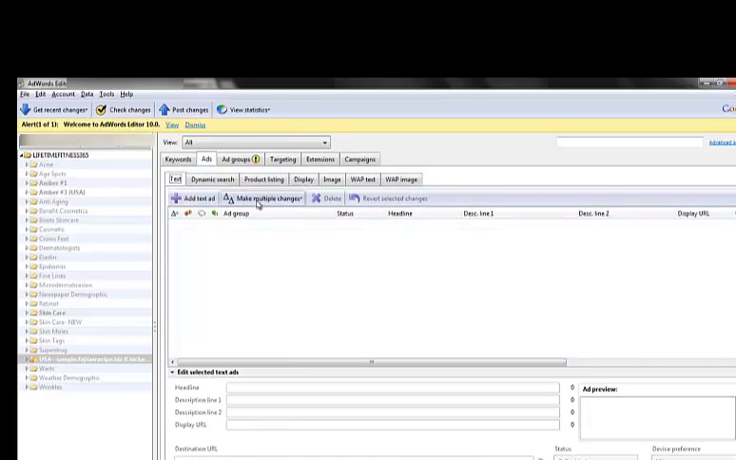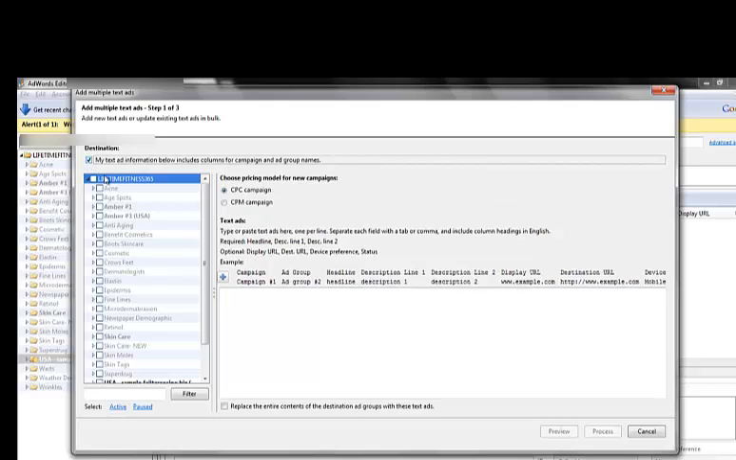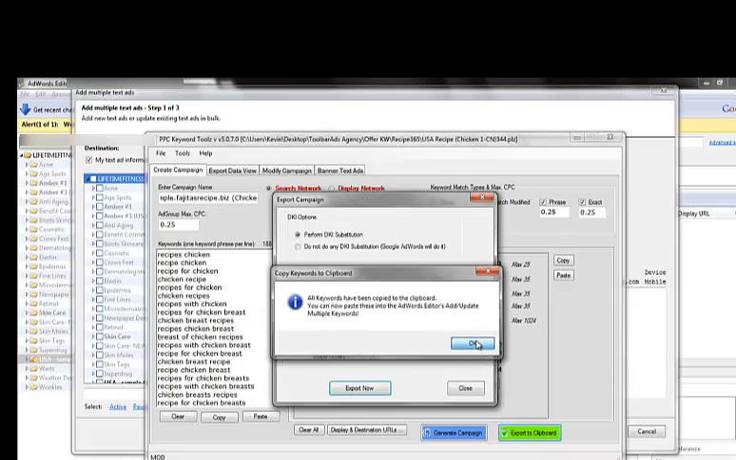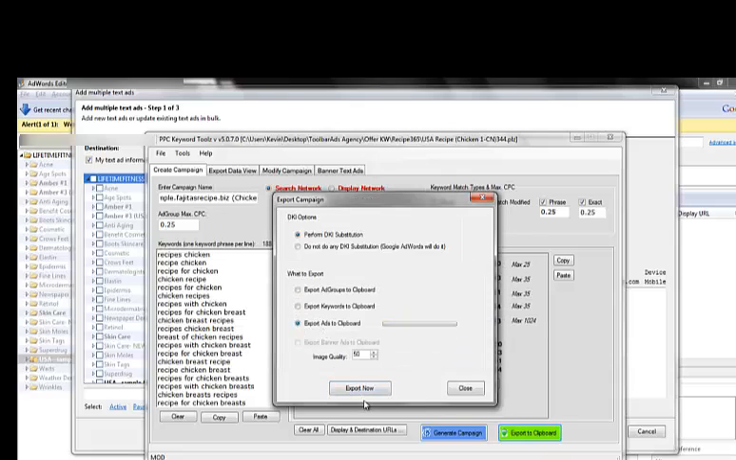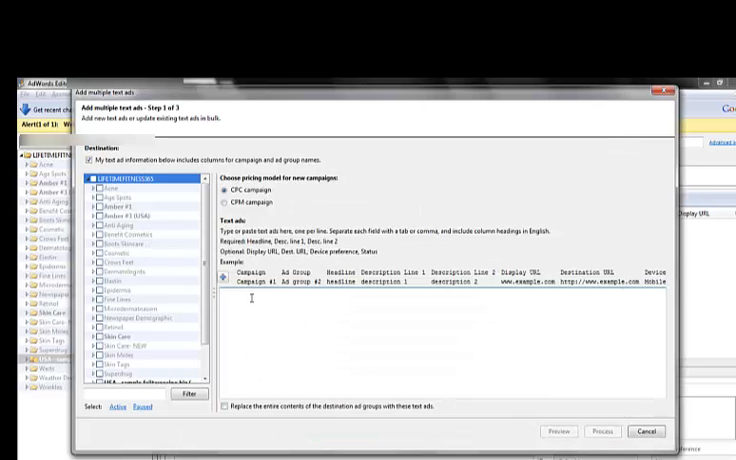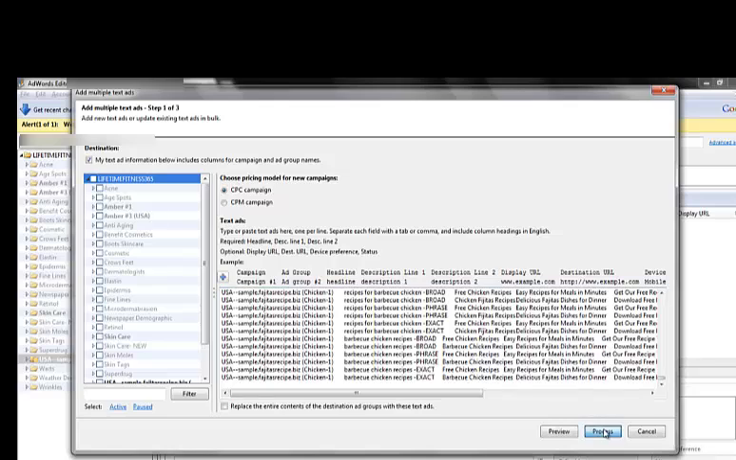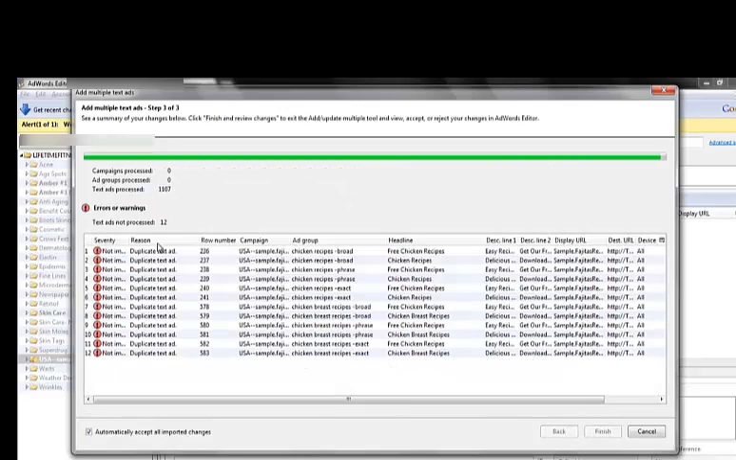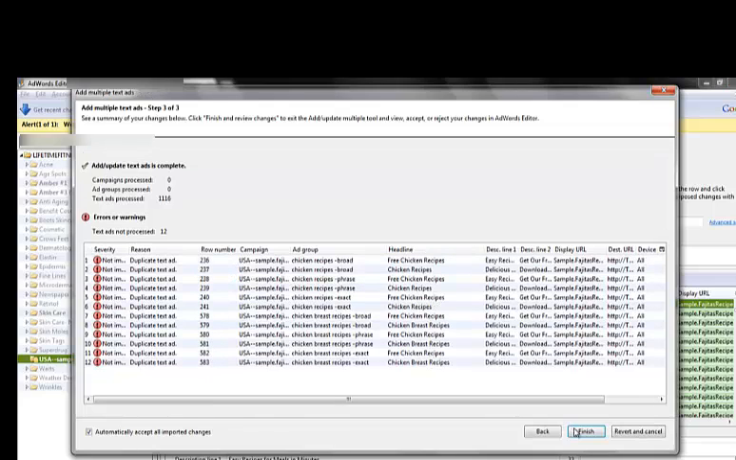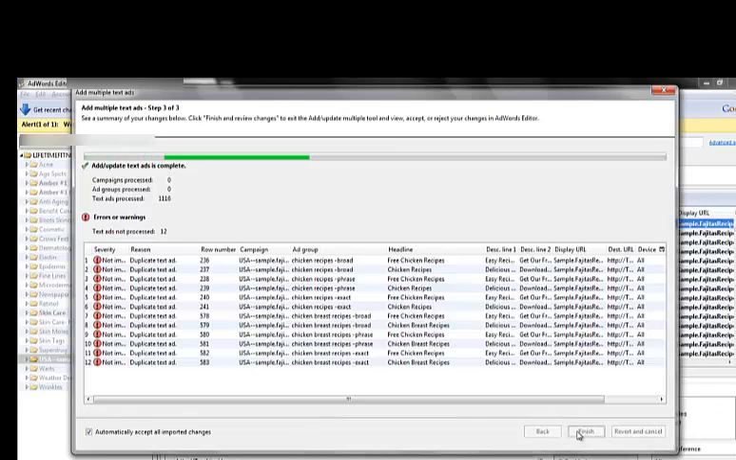So you do the same thing again. You want to make multiple changes by creating multiple text ads. You check this box yet again for the text ads. Go back to your tool. You want to export all of the ads to clipboard. You go back to the Google AdWords tool, right click, paste, process. Now because you had duplicate keywords, of course you're going to have duplicate text ads, so this is nothing for you to worry about here. Press finish,